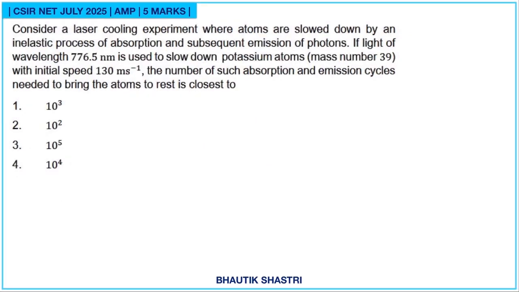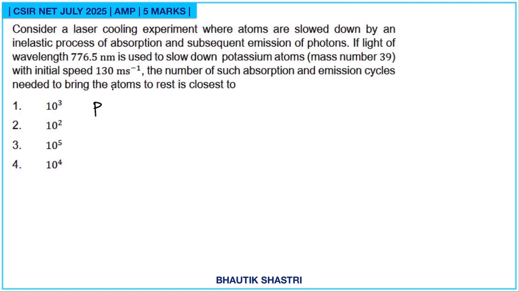Consider a laser cooling experiment where atoms are slowed down by inelastic process of absorption and subsequent emission of photons. If light of wavelength 776.5 nanometer is used to slow down potassium atoms, mass number 39, with initial speed 130 meter per second, the number of such absorption and emission cycles needed to bring the atoms to rest is closest to. Now here,